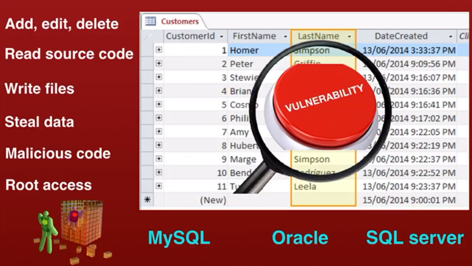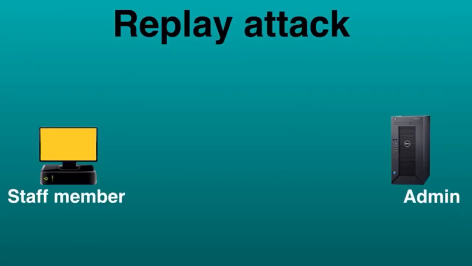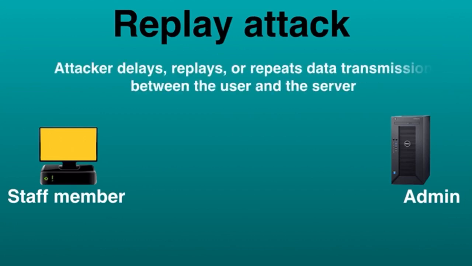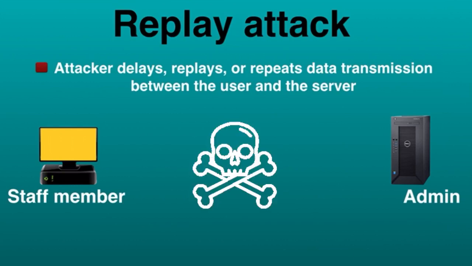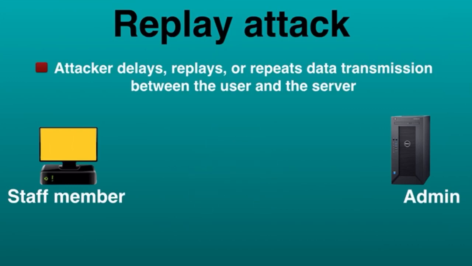Let's talk about replay attack. A replay attack is a type of network-based security attack in which attacker delays, replays, or repeats data transmission between the user and the server. Replay attack in network security is considered dangerous because it can resend the message and fool the receiver without decrypting it. Here the receiver might think that the message is genuine and legitimate. Successful replay attacks in network security allow attacker to pretend to be real customers and perform account takeover manipulation.